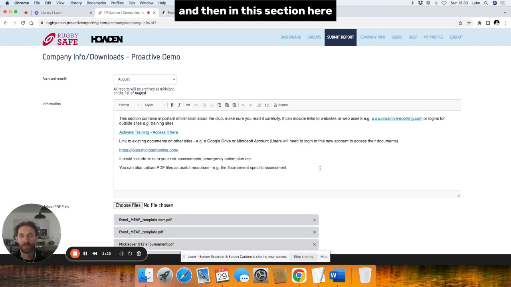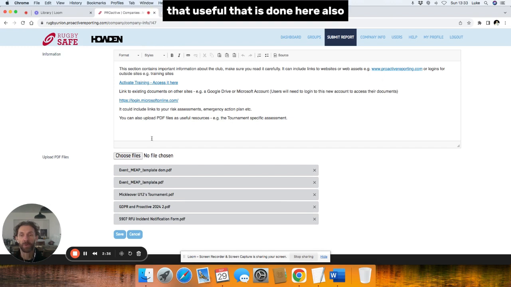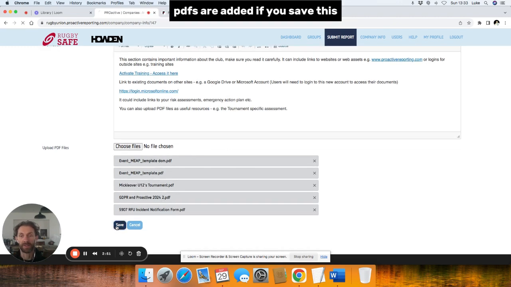And then in this section here, you can put any relevant information that would be useful for anyone using the app. We've put some training in here. You can put other useful links. As for adding PDFs that are useful, that is done here also, and you'll see Event MEP here. We'll come back to that in another video, which is the Medical Emergency Action Plan, but that is the next thing we will set up, and you'll see here that that's where PDFs are added. If you save this,